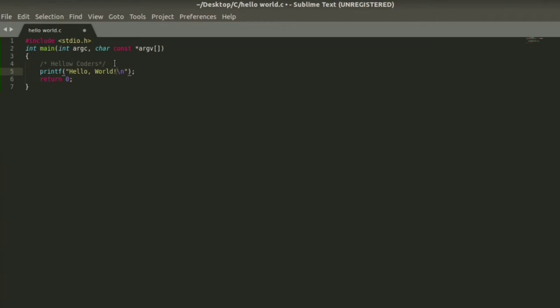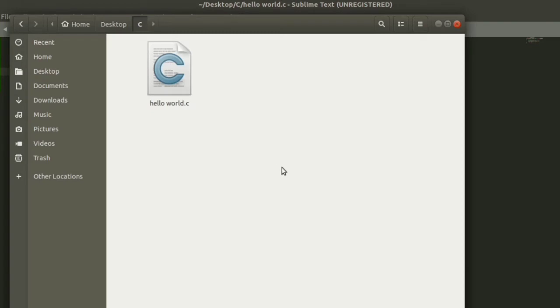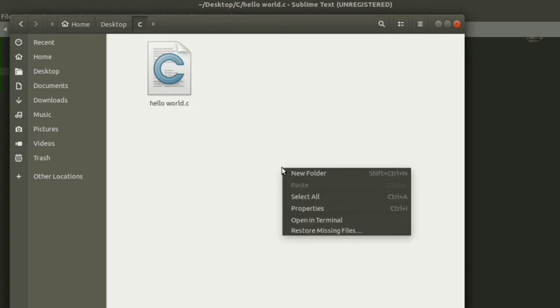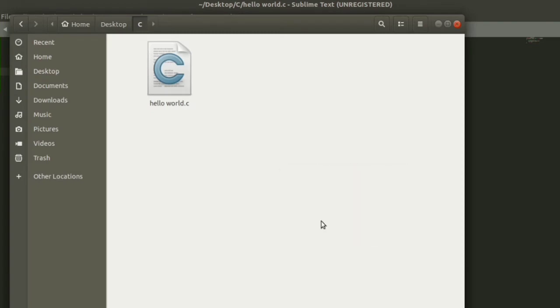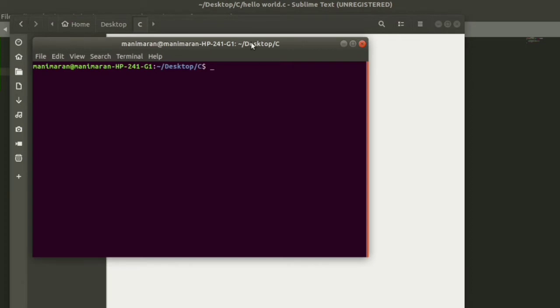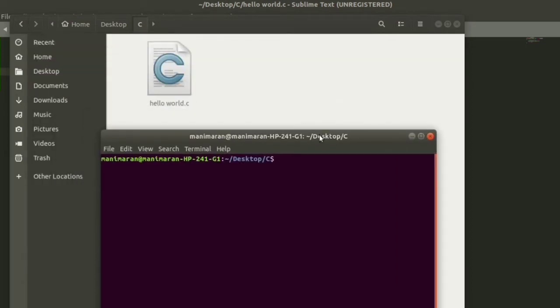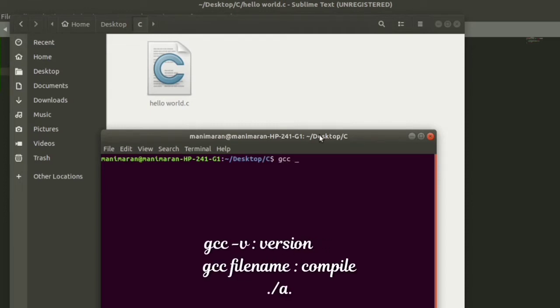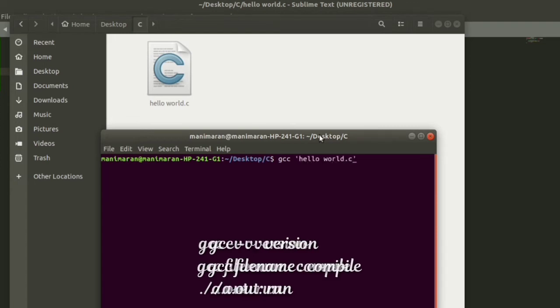After editing, click on save and open the file's directory, then open the folder in a terminal. To compile the C program, we type gcc followed by the file name, here helloworld.c.